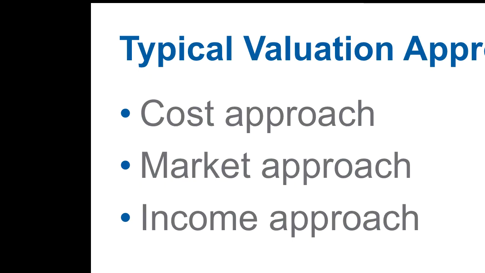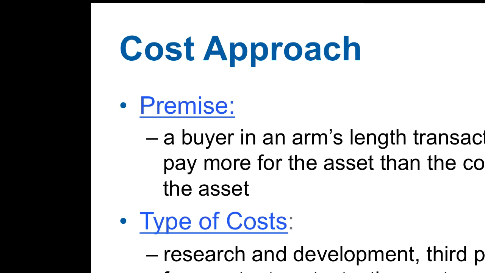All right. So there are 3 typical approaches. There are all sorts of different kinds, but there are 3 typical ones that I see: cost approach, market approach, and income approach. From the easiest degree of work down to the most work. It's kind of in the order that they go. All right, so let's take a look at the cost approach. So what does that mean? That basically says a buyer is not going to pay more for the asset than the cost to replace it.